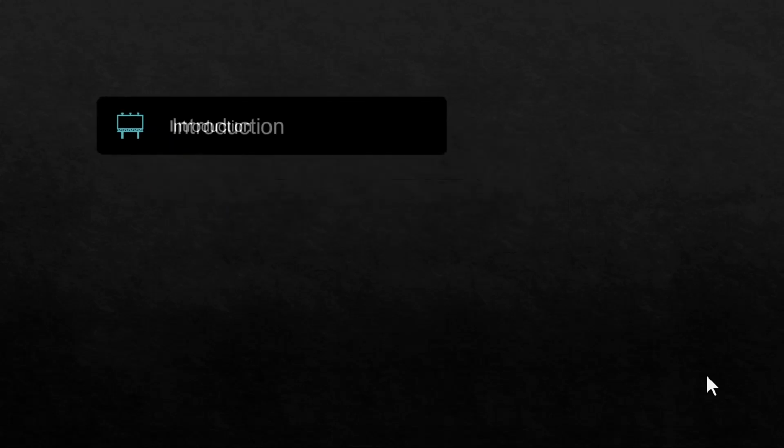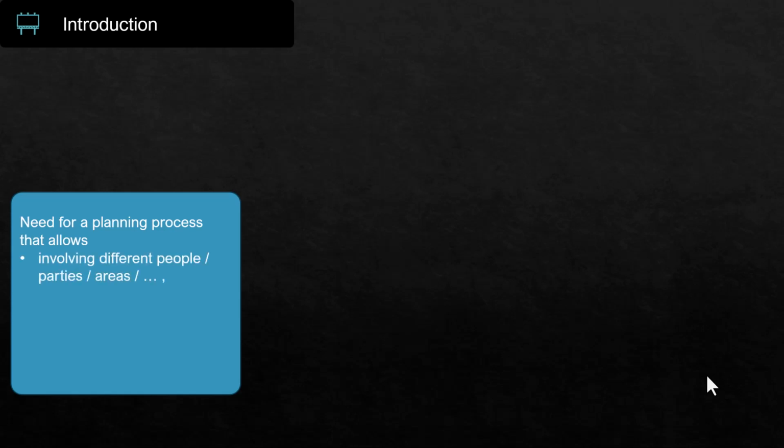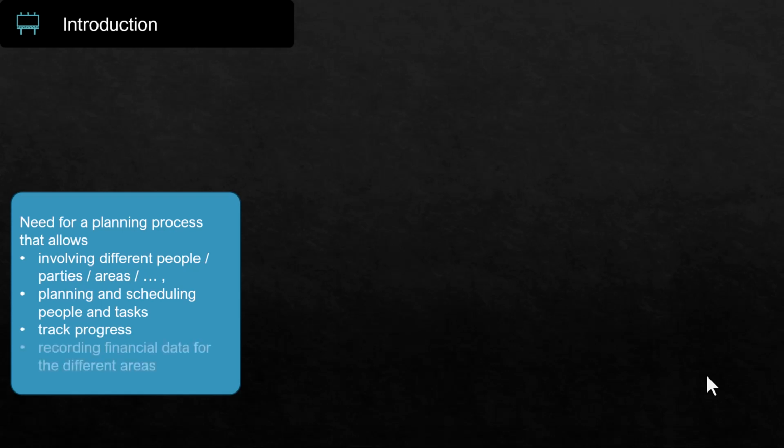So first, the introduction. If we start talking about financial planning and maybe forecasting, then we need a financial planning process that involves, of course, different people, different parties, areas, cost centers, departments, and so on. We usually also need something where we can follow up things. So we need to plan what needs to be done and then assign people who need to do something, until what day or what time. Then of course we want to track the progress of how the planning is going on, and then we want